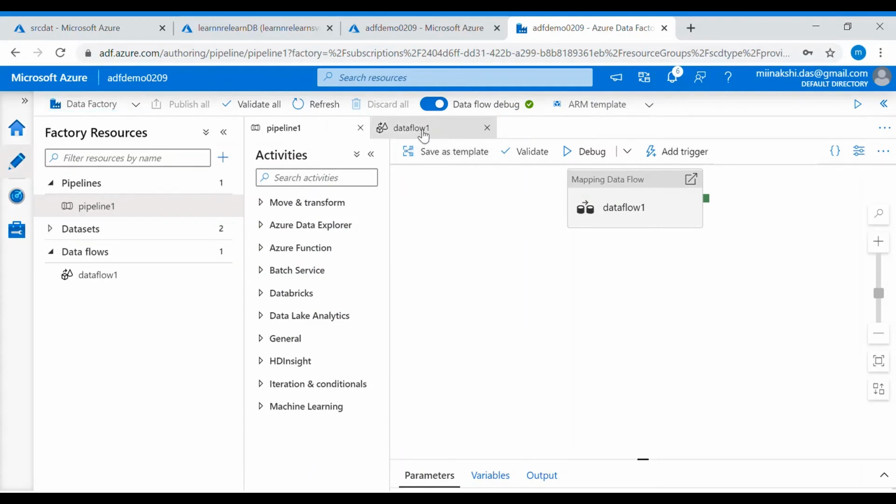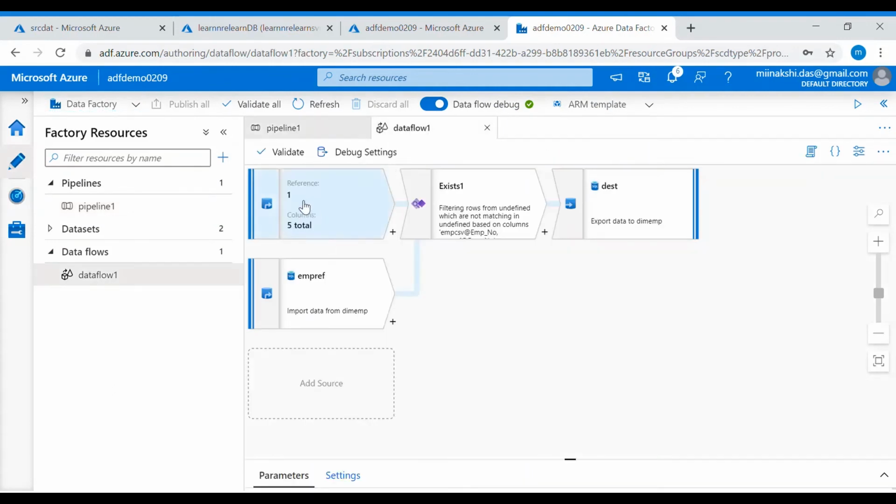Here in the data flow, we have the source and the reference table, and we will use the same source and reference table to check if the data already exists in the destination, then how we will update and put it into the destination.